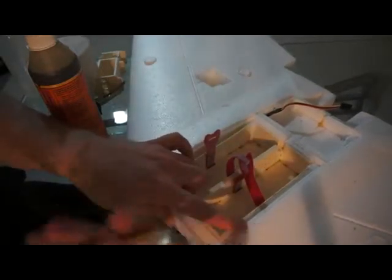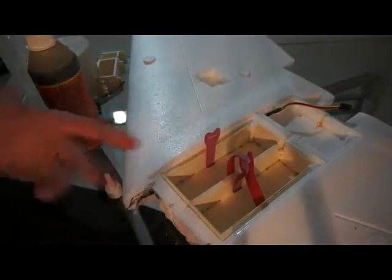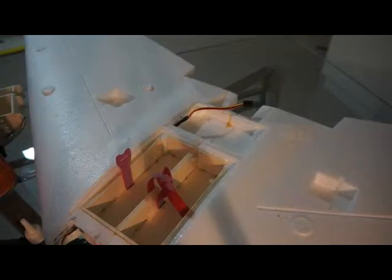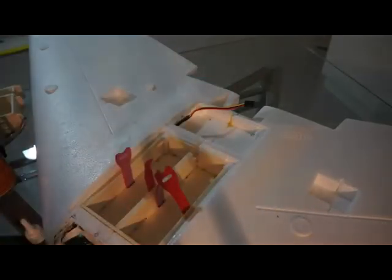And once you glue this in, you just secure it again with a little bit of CA so that the Gorilla Glue, once it starts to foam up, doesn't push inside. And here you can already see a small little problem at the beginning. There's Gorilla Glue coming in from here, from all these little holes. You can't really do anything against that at the beginning. Just be careful that it doesn't affect the velcros,